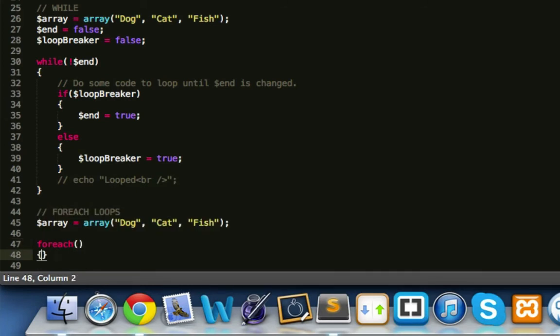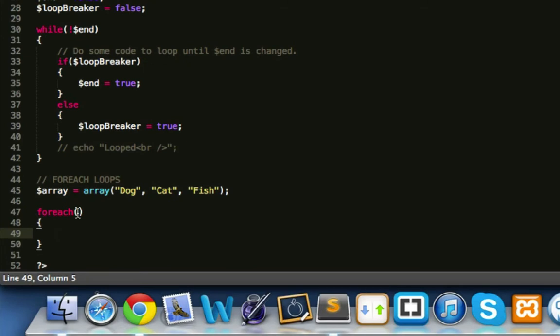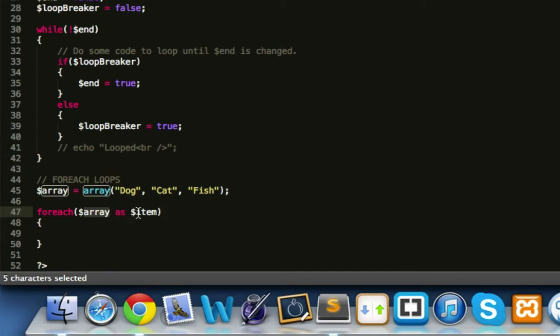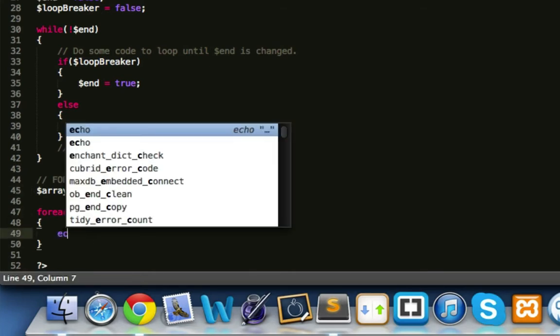So we write it again like an if statement, as shown in the previous episode. Except this time we do foreach $array. We use the as keyword in PHP, which is highlighted red in this editor, to say that it's a keyword. So we do foreach array as item, and that should give us, for every item in this array, an item. So we can do echo